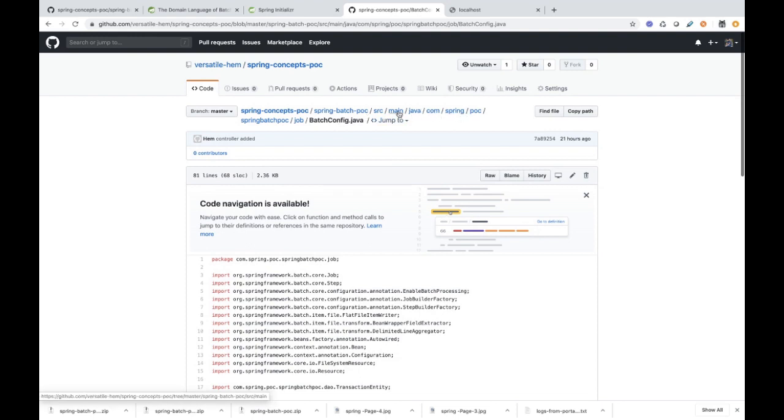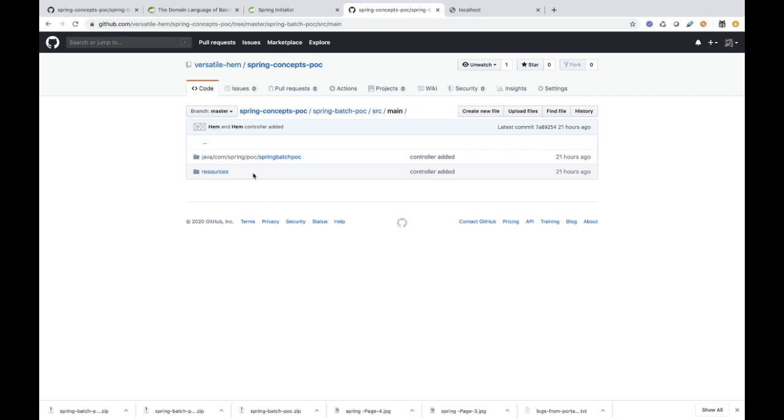We can go to the main source, in the property file.